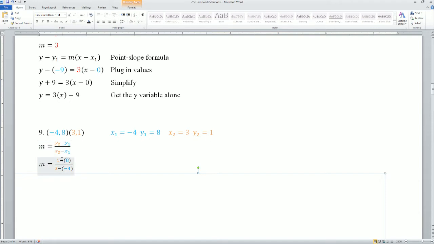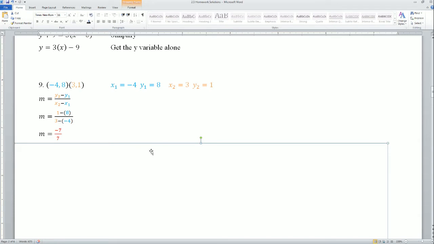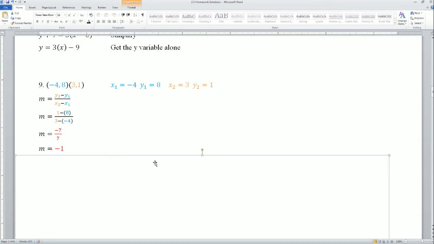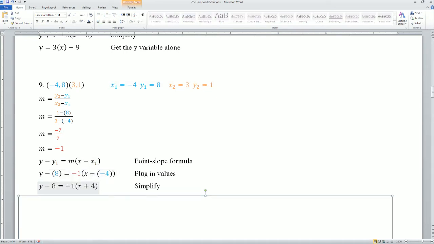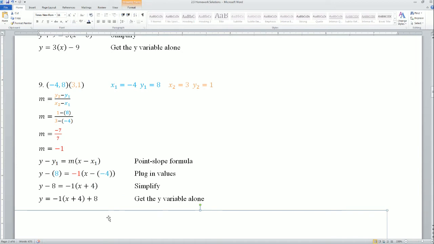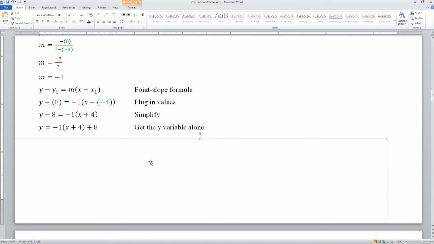y2 is 1 minus y1, which is 8. On the bottom, x2, which is 3, minus x1, which is negative 4. Okay, that's why I put in the parentheses when I make that substitution. m equals negative 7 over 7 simplifies into m equals negative 1. Once I have the slope, I also have a point. I can use point slope form. Make that substitution using this point because do you see the subscript? y1 and x1. That's why I use these points. Okay, a negative and a negative becomes a positive, so that is plus 4. Get y alone. That's how it looks. Okay. Alright,